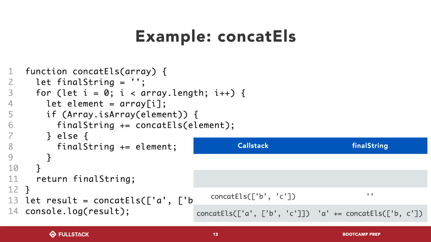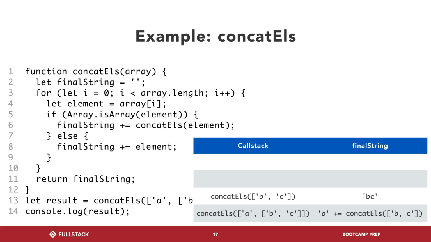And when it starts off, the final string is what? It's just a blank string, because when this function runs for the first time, it's going to define final string as an empty string. It's going to say, okay, great, let's go through this array now. The first thing's a B, I'll add it. I'm now a B. Now the next thing's a C, so I'm going to add a C. So now I'm a BC string, and voila, I've reached the end of my inner array. There's nothing else to run in my for loop. So I'm done now, and now I can go to line 11, which is return my final string. What's final string? The return value for this is BC, right?